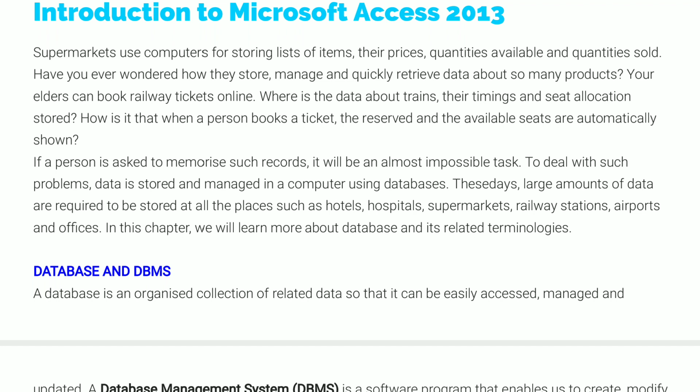Instead, we can create a table. A table is a grid of rows and columns where a large amount of data can be stored properly in an organized way. All this information can be stored in a table so that it looks good, and any particular data can be accessed from this table easily.